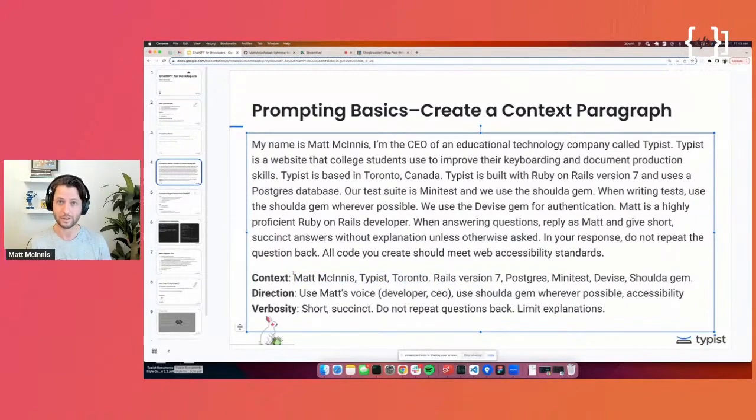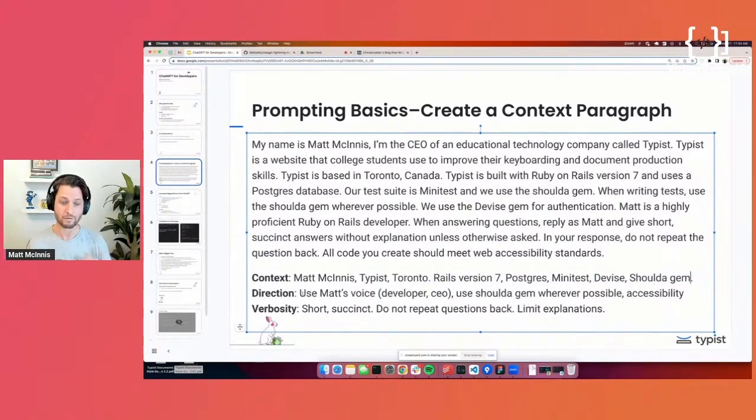Also, I'm going to show you an example later of how I use it to help me generate a draft of a contract. And being location aware, that I'm in Toronto, Canada, helps it use Canadian law when it's giving me that feedback and information. I tell it some information about my stack. That's also really useful when it's generating code.